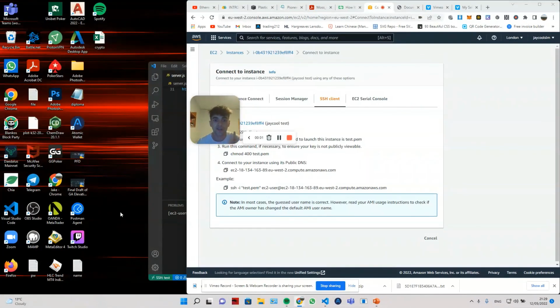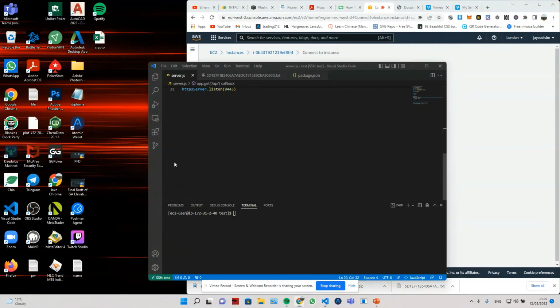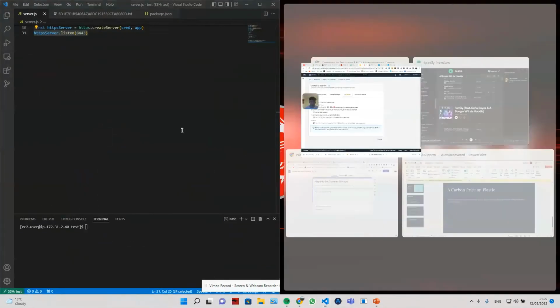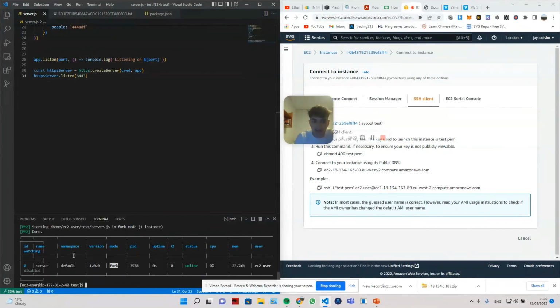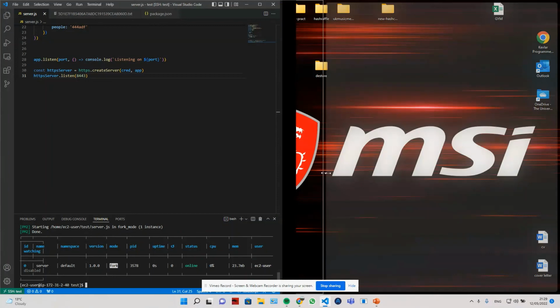Right, I do apologise, I missed one little thing out, and that's how we can keep the server running forever without having to worry about it. If you remember, at the very beginning of the video, we installed PM2, which is the Node package that we're going to be using to do it. To use that, it's very, very quick. We're just going to go pm2 start and the name of the server, server.js. And what this will do is it just sets up